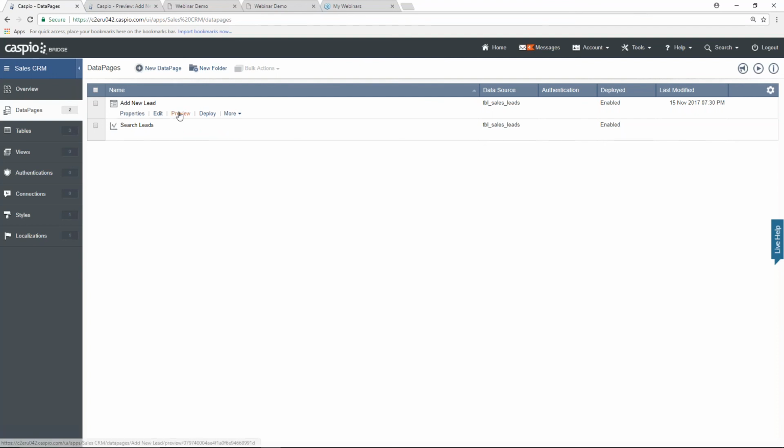Where it gets a lot more fun and interesting is once you start password protecting these data pages and enabling user level permissions in your application. So if you only want specific employees to have the ability to read the data, you can enable that in Caspio. Or if you want these specific employees to just edit the data, you can do that as well. So you can set privileges and user level permissions to what your application users can do inside the app. It's a very, very powerful thing to do in Caspio. We don't have time to show you that today, but you can actually enable something like that in your